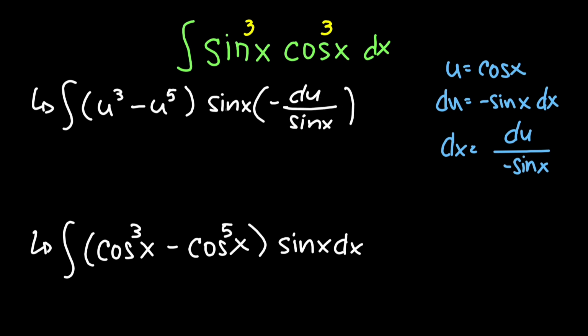And you can actually see here that sine of x would cancel, leaving you with a negative du. But we would not want that to happen, so we can put this negative sign outside the integral. So this would be negative integral of this one